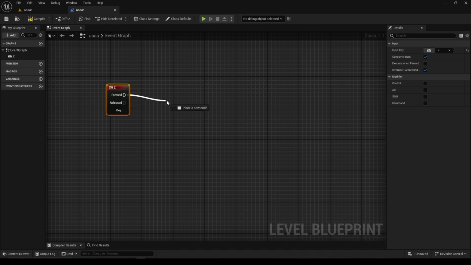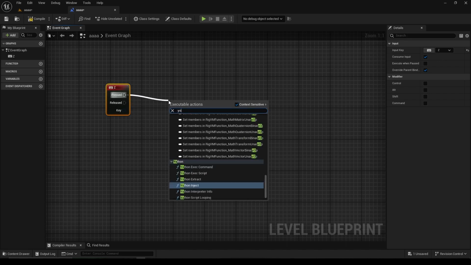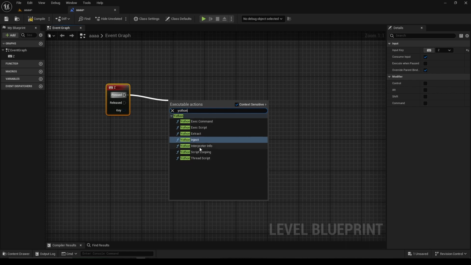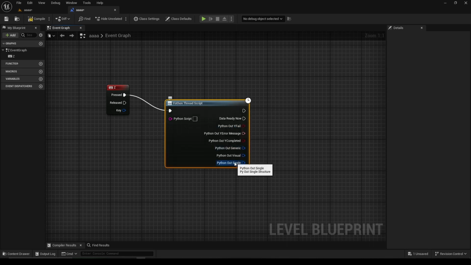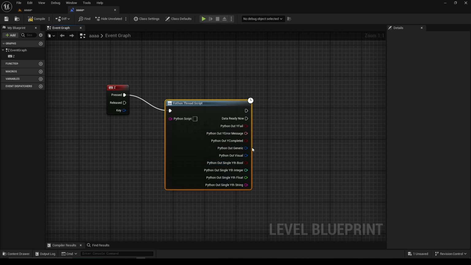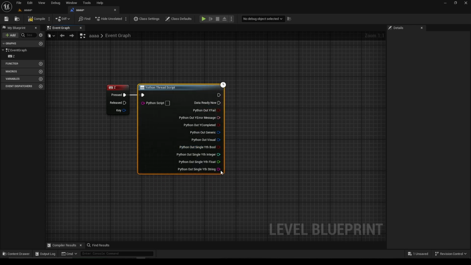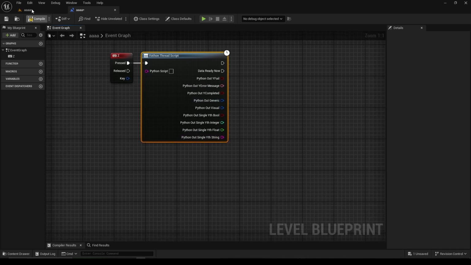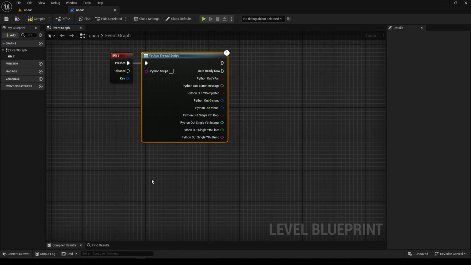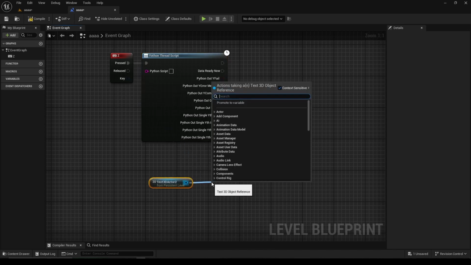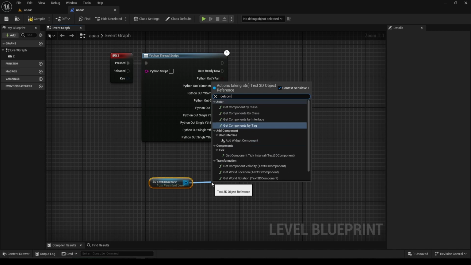So we will use the Yothon thread script node, and the output is a single string, so we will split just what we need, and the string will be set in the text of this object. Okay, so we have a reference of the 3D text actor,